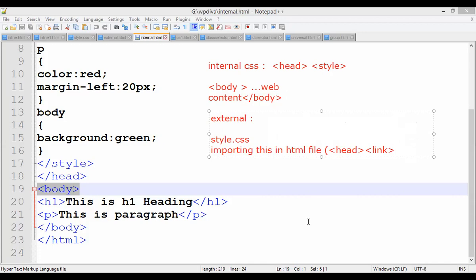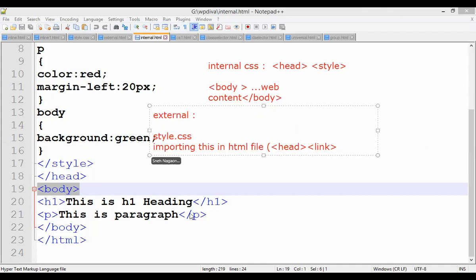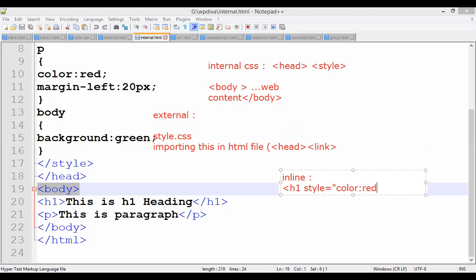Clear? And what about the inline? So this is external, right? Now what do you do with inline CSS? It's very easy, right? In the tag only, for example, I want H1. There only I open style equals to, I will take color, then I will take colon and, for example, red, close it and put the semicolon.